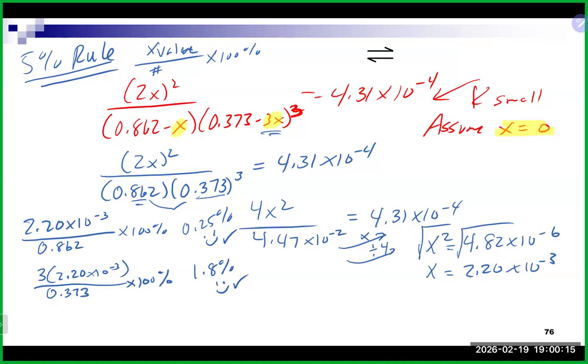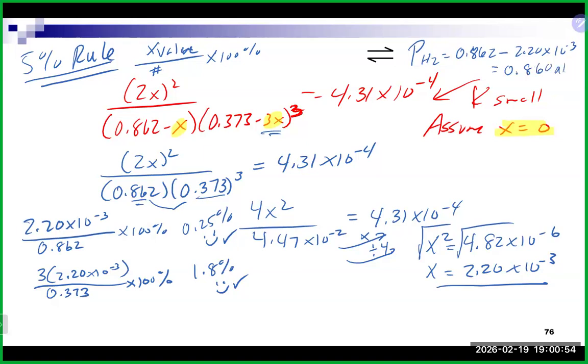Again, if you got higher than 5%, you would need to go back, and for our purposes, you would probably have to do the quadratic formula to solve that sort of problem. Now that we know that's good, we have our x value. We could put it into our answer here. So our pressure of, I think it was H2, would be 0.862 minus 2.20 times 10 to the minus 3. So that's going to give us